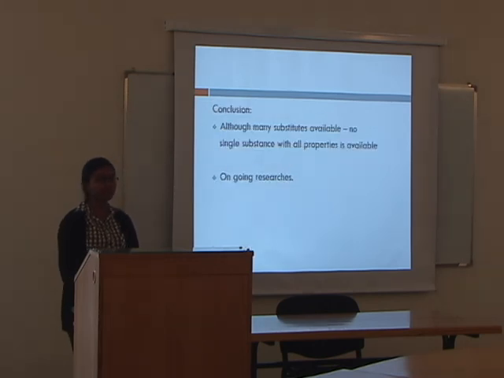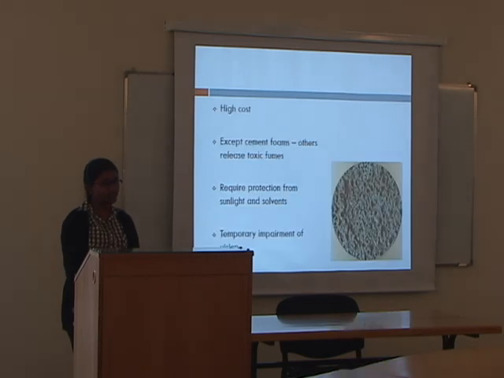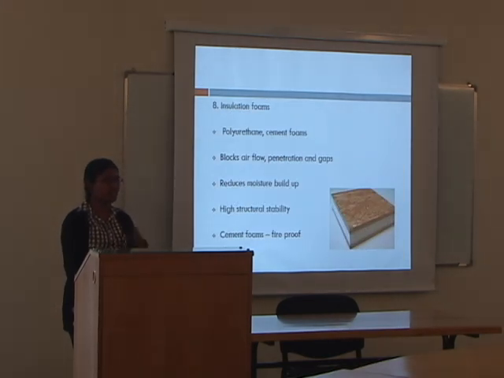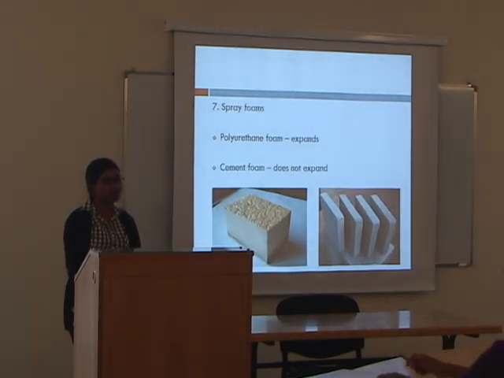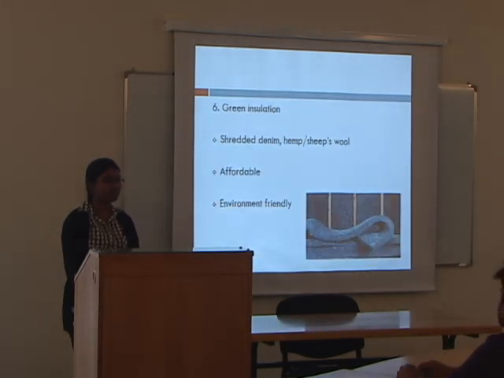Any questions? Yes. Do you know any example countries that use these substitutes? Yeah, substitutes like shredded denim, as I told you, have been mainly used in the US. It's just starting now, it is otherwise called the pink insulation. And it is now becoming a craze, it's just starting. So maybe people will use it in future. In other things, it's usually used everywhere. These are the basic alternatives that are seen instead of asbestos.